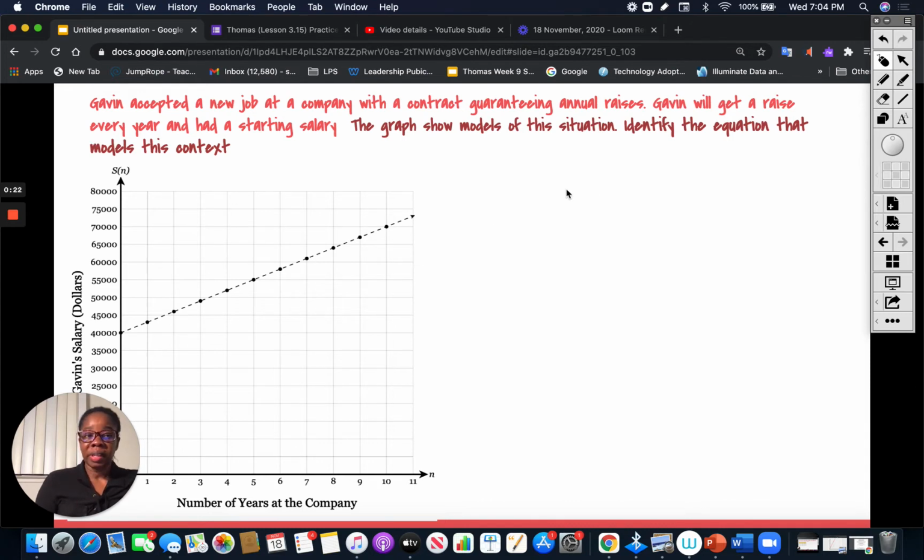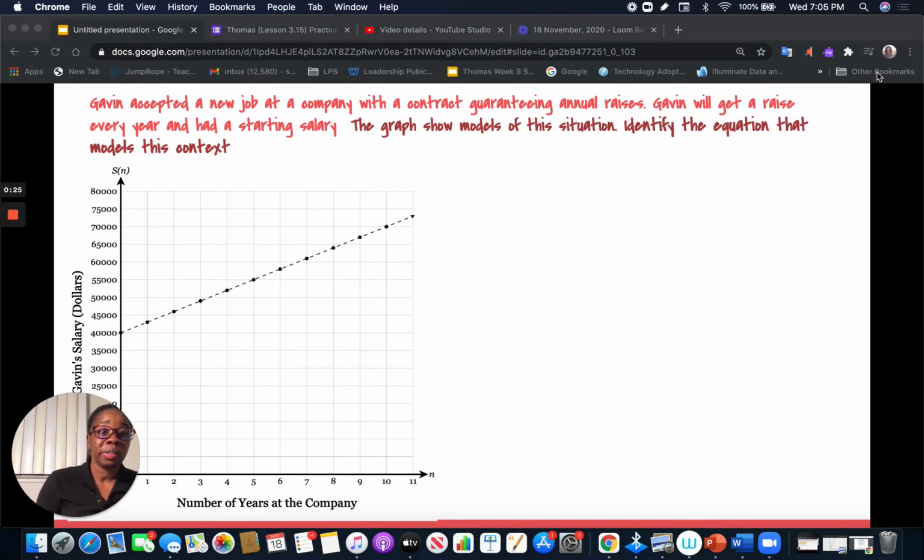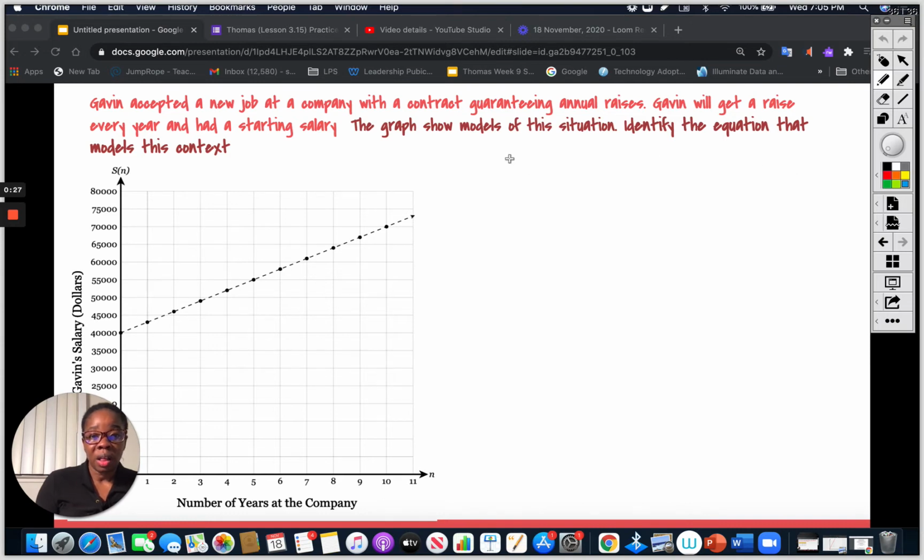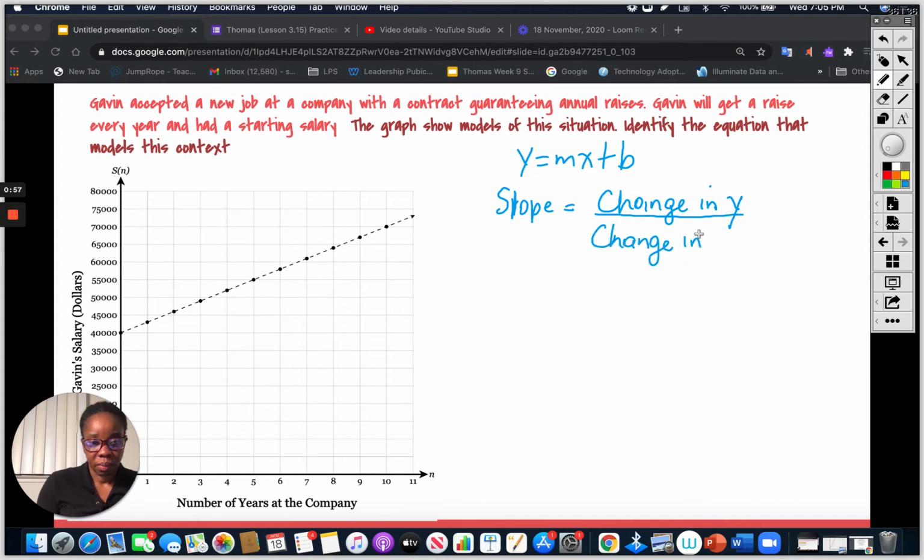And so it's a line, which means we're going to write the equation in slope-intercept form. We need to recall that slope-intercept form is y equals mx plus b. In order to find m, or slope, we need to remember that slope represents change in y divided by change in x. We need 2 points